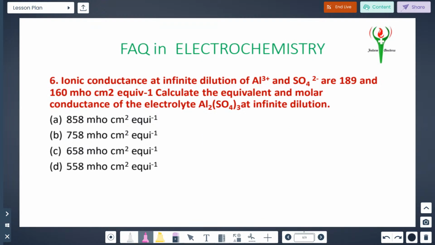Sixth sum. See, ionic conductance at infinite dilution for aluminum and sulphate is given. They are asking to find out equivalent conductance and molar conductance. So the answer is based upon only the molar conductance, so I am going to find out the molar conductance. Understood? Here the formula. The aluminum sulphate is given, no? Lambda m naught of